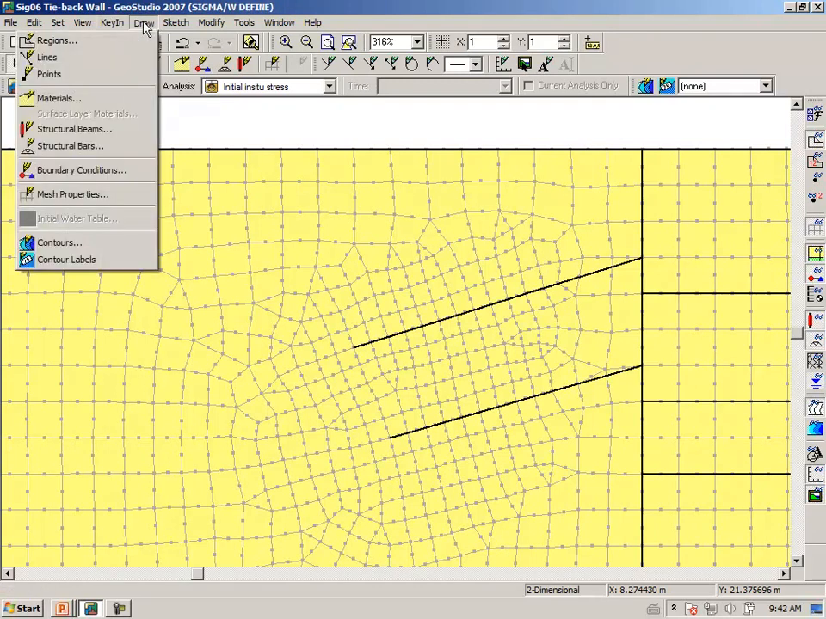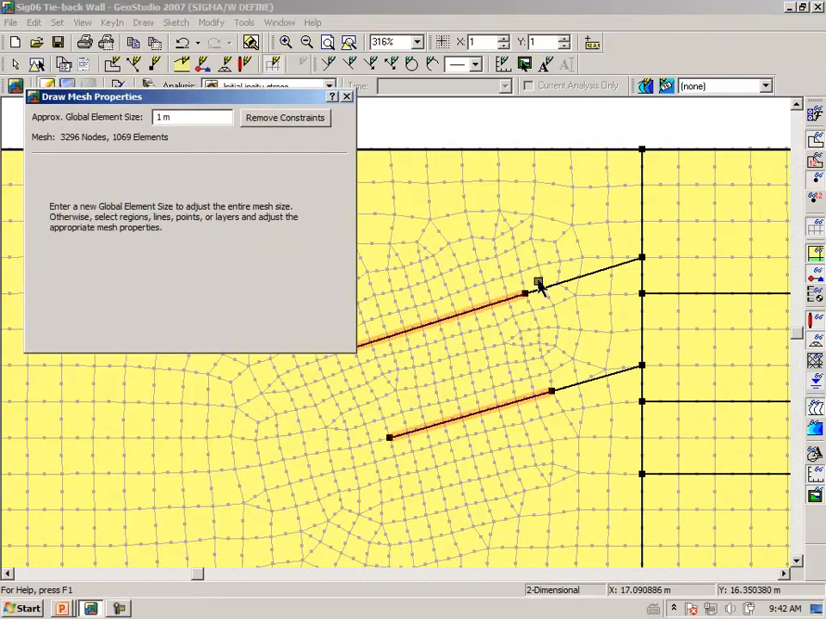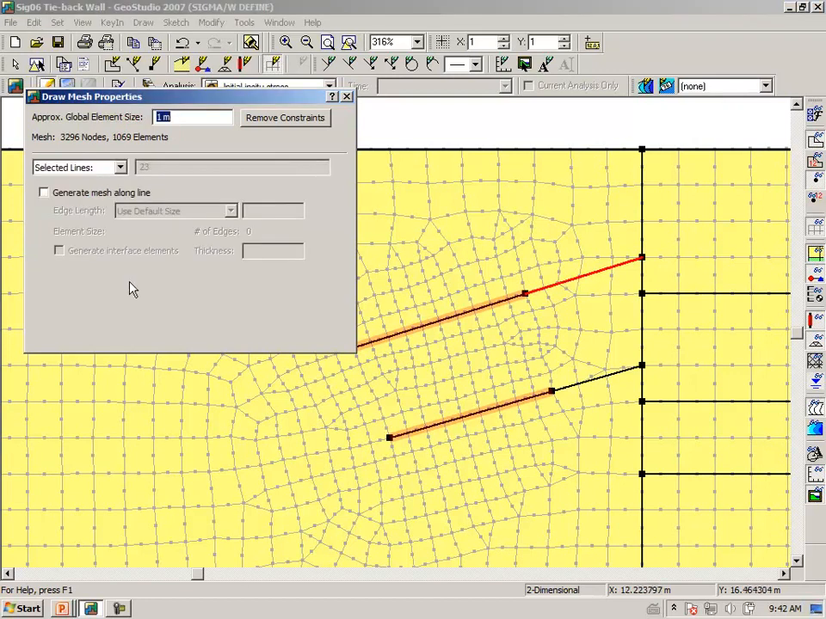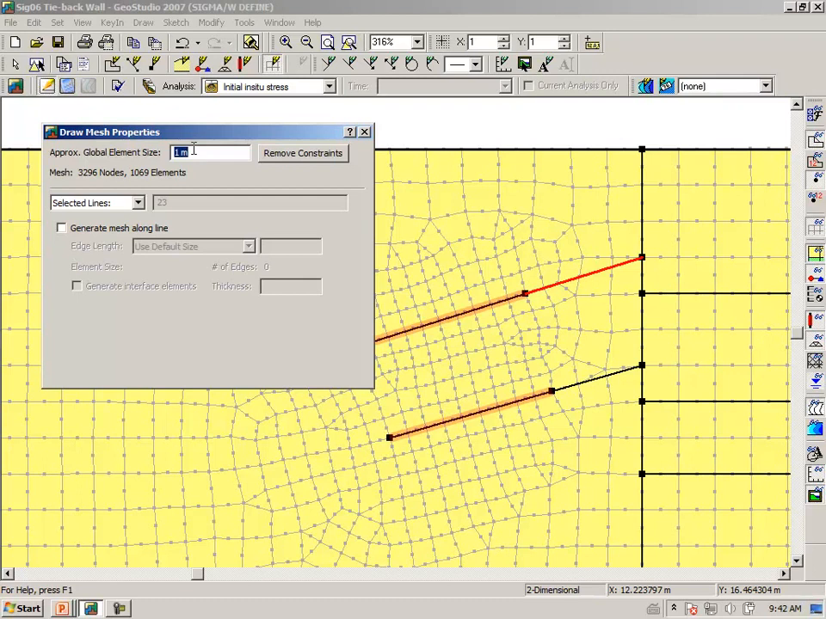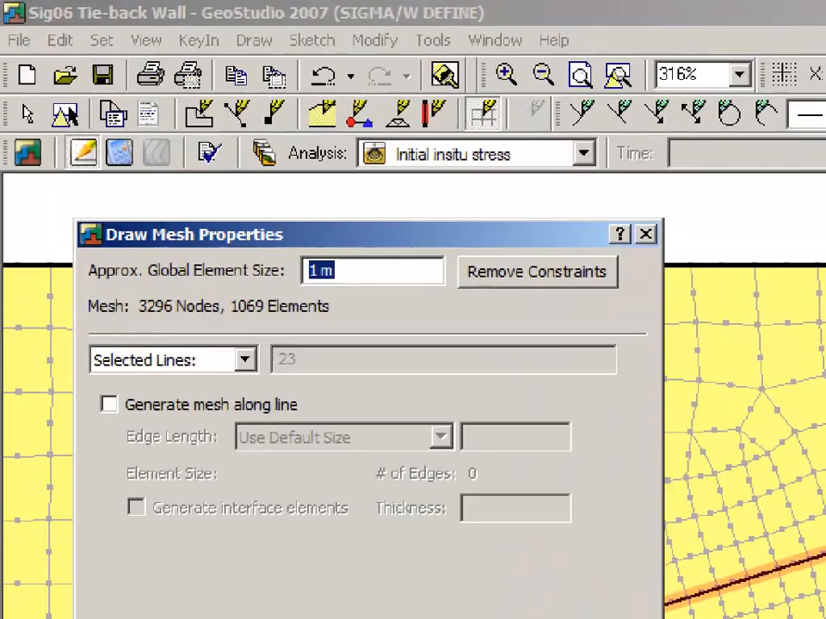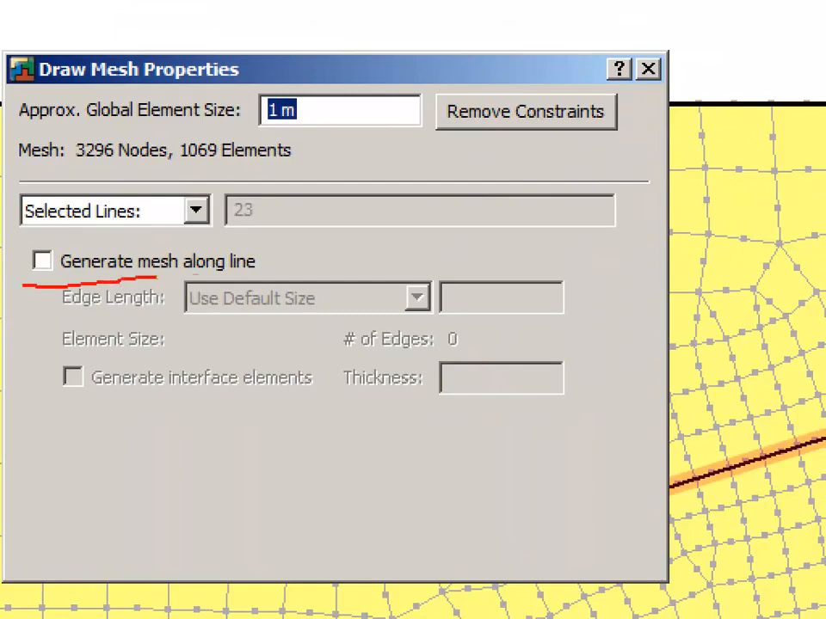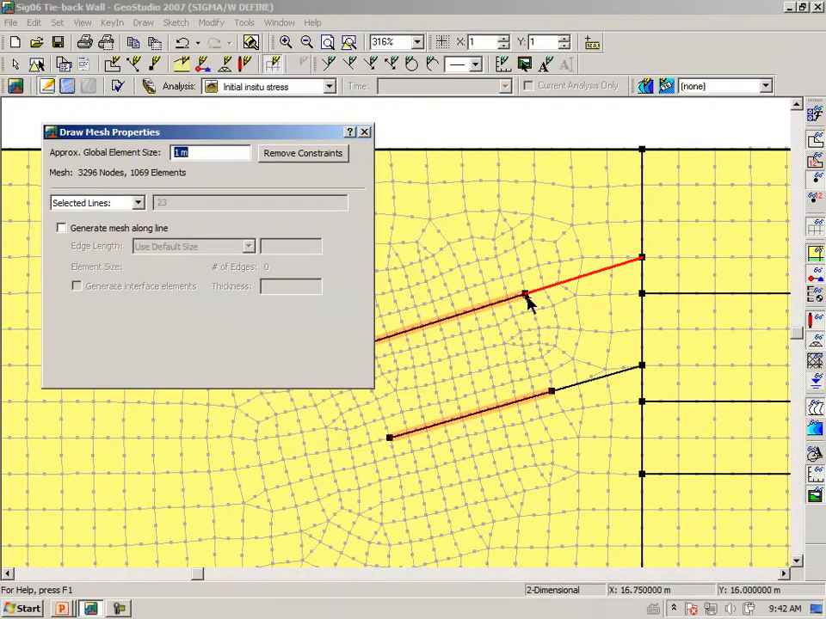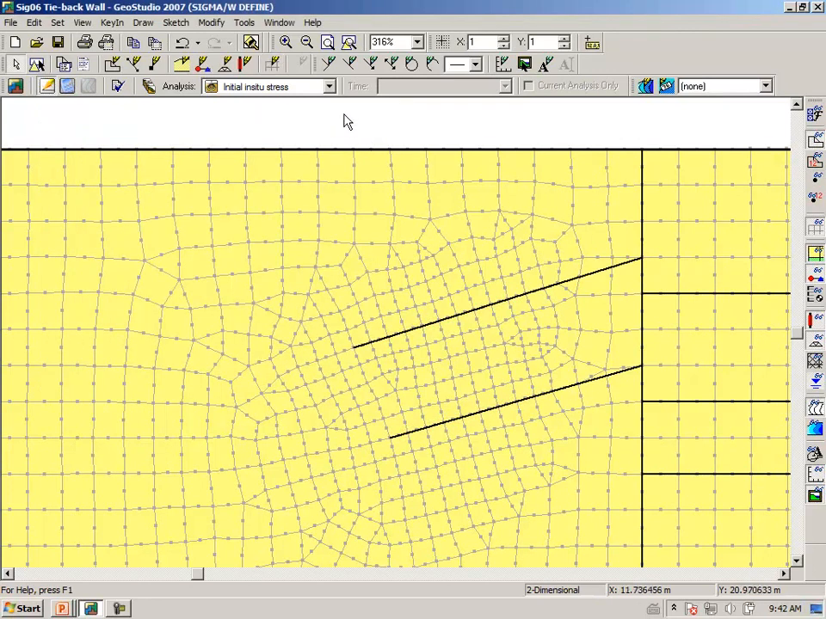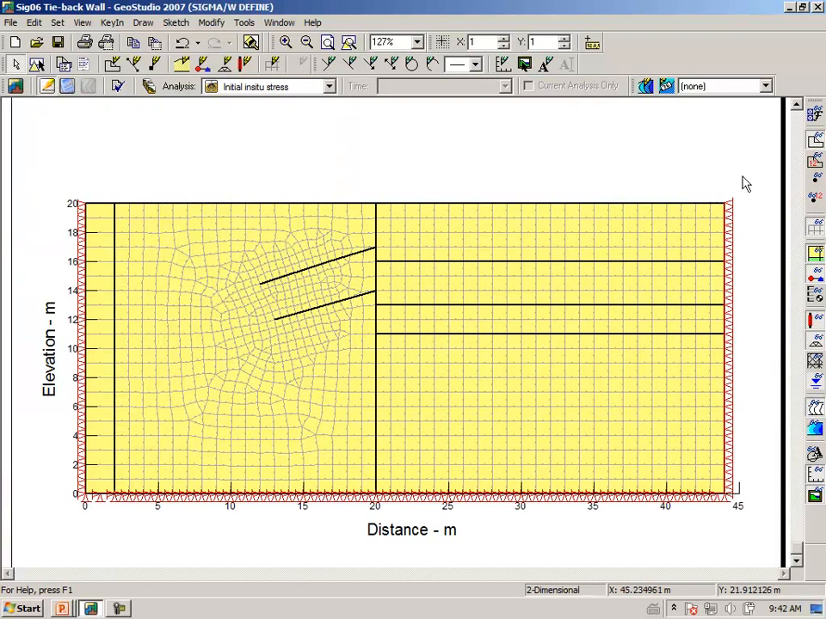Going back to draw mesh properties, notice that we also have a line here, but the line has no mesh. There is no mesh. This is unchecked. This is then for the purpose of connecting a bar between the grouted length and the wall itself. Turning off the mesh,